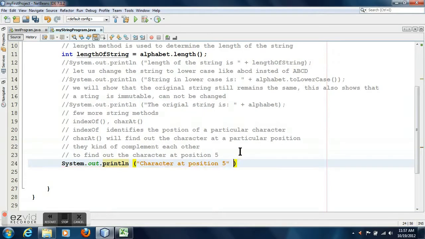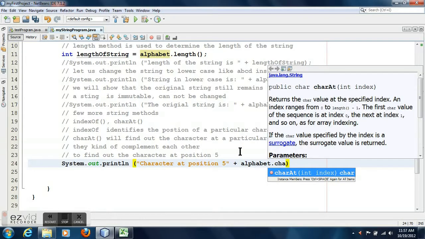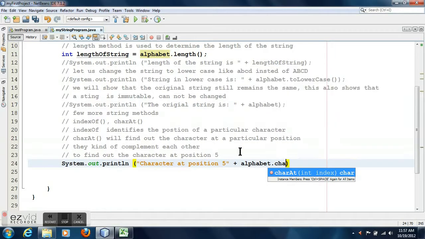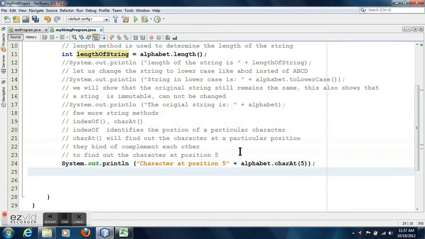Character at position 5 is, now the string is available in the variable called alphabet. Alphabet is the object, so object dot method: alphabet.charAt. It is more appropriate to call alphabet an object and not a variable.